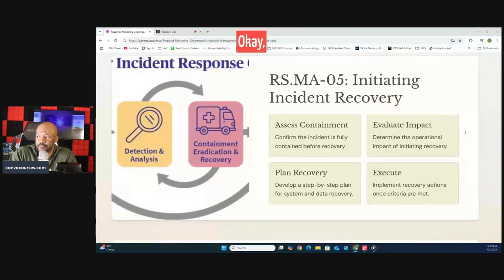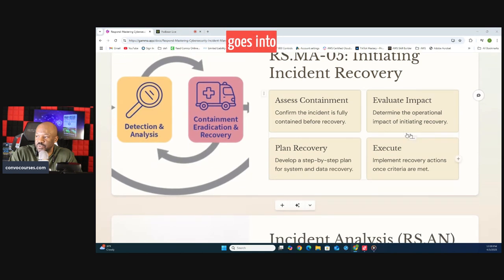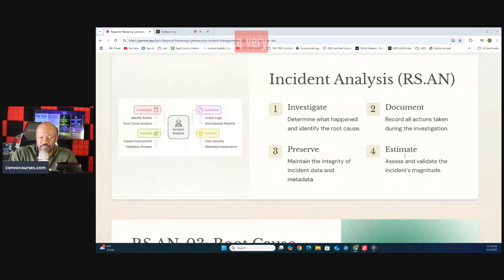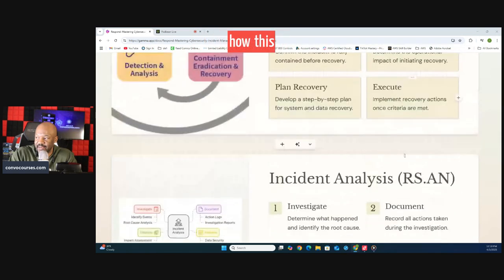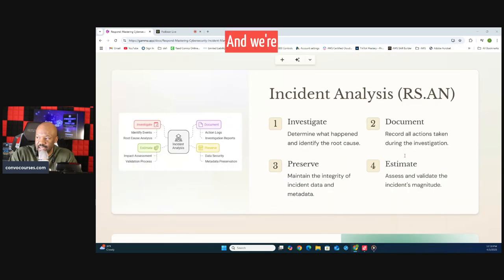Incident response. Okay. Initiating incident recovery. This is RSMA5. Initiating incident recovery. And this goes into asset containment, evaluate impact, plan recovery, and execution. This is a very common practice for incident response. Everything that's labeled here is a very common breakdown of how this is all done. And we're going into incident analysis,